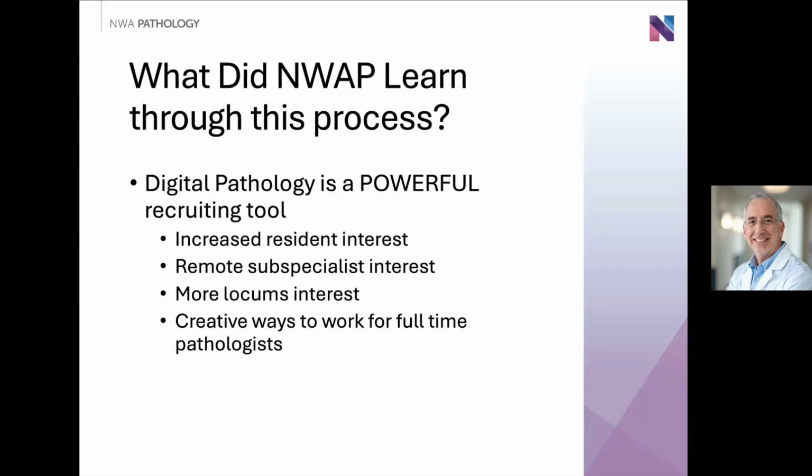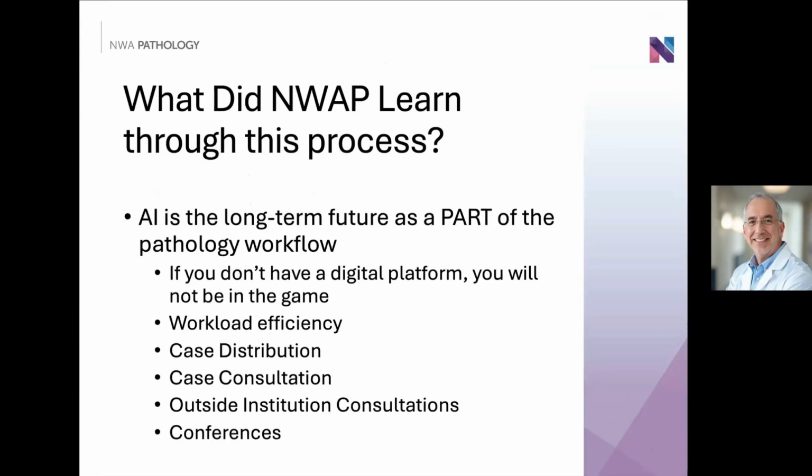In addition, digital pathology is giving our full-time on-site pathologists more creative ways to work remotely when appropriate, including around vacation scheduling. Just as importantly, we went into this process believing that AI was the long-term play, and we came out feeling exactly the same way. If you do not have a digital platform, you will not be able to participate meaningfully